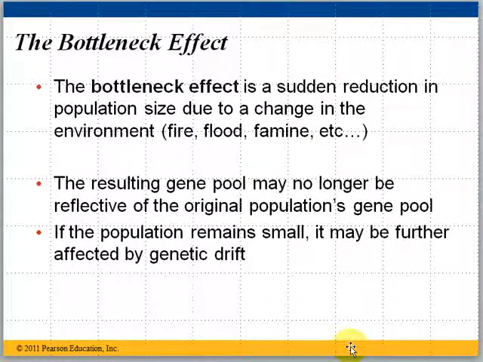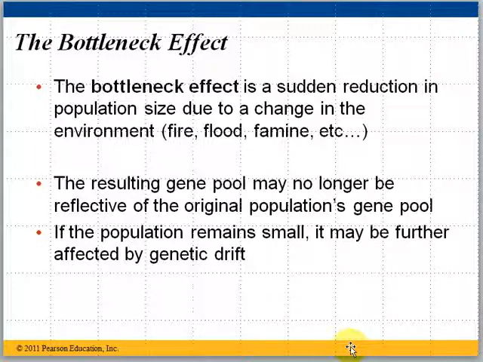The bottleneck effect is where a fairly large population is reduced in size suddenly, usually by some sort of natural disaster. Maybe it was a flood or famine or wildfire, something like that. Earlier in the chapter, it was talking about those particular birds on the island of Daphne Major, and how after a long, prolonged drought, there were over 1,000 birds to begin with, and in the end a few hundred survived. That would be a good example of a bottleneck effect, to where the population was reduced quite a bit,